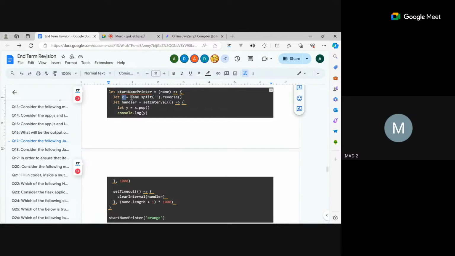Can someone tell me what will it do? What will this statement do? It will split the name Orange into characters, giving each character of Orange separately. All right, correct. So it is going to yield an array having 6 elements where the first element is O, second R, third